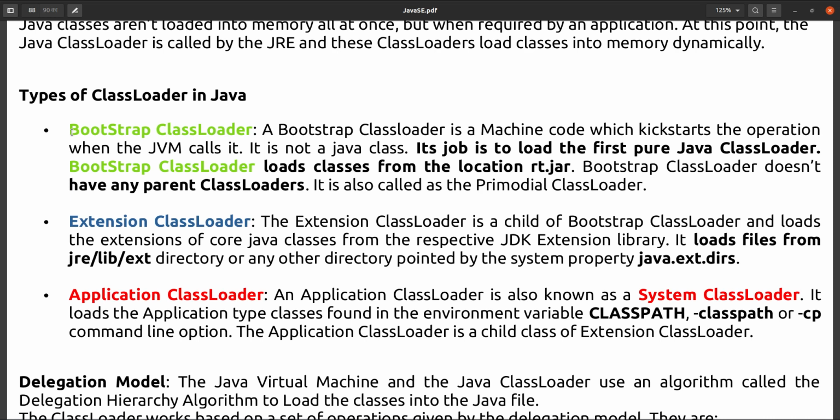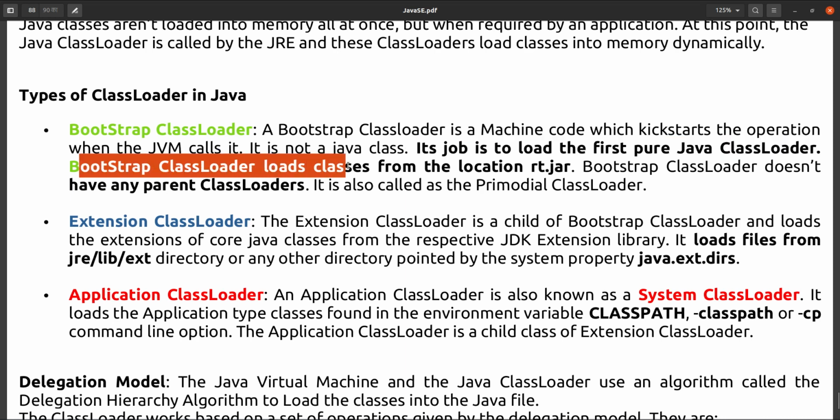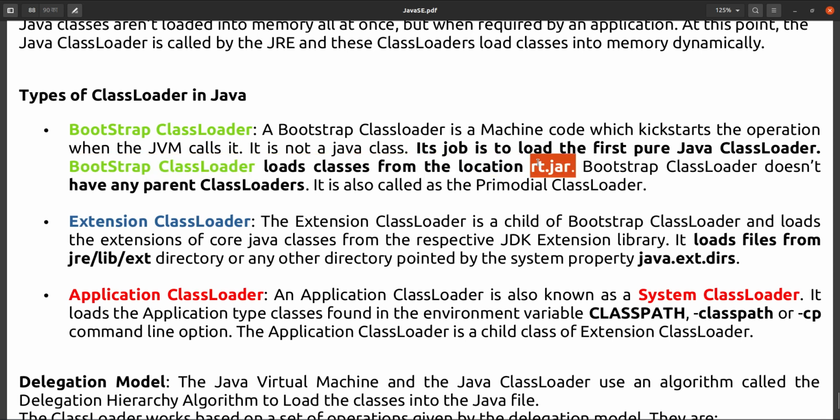It is not a Java class. Its job is to load the class from the rt.jar file, to load the first pure Java class loader. The bootstrap class loader loads classes from the rt.jar location, because this is the runtime.